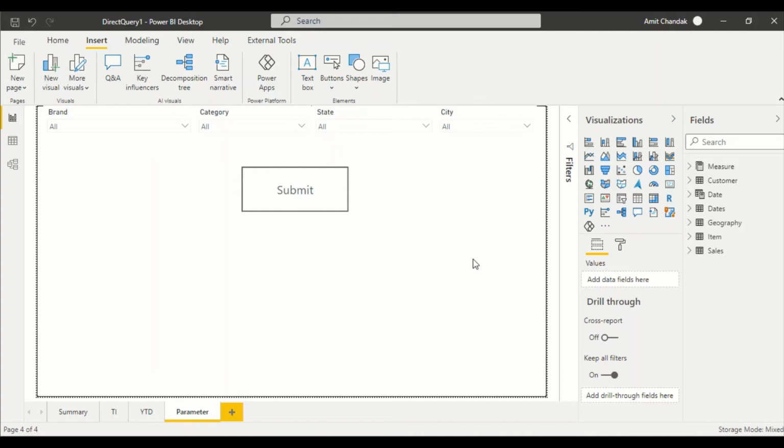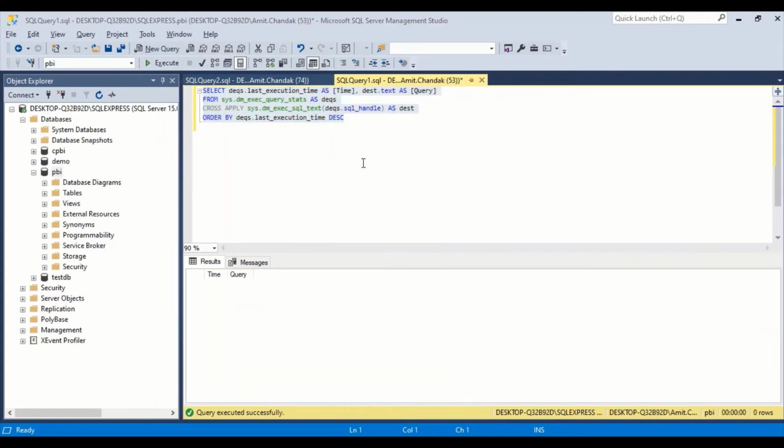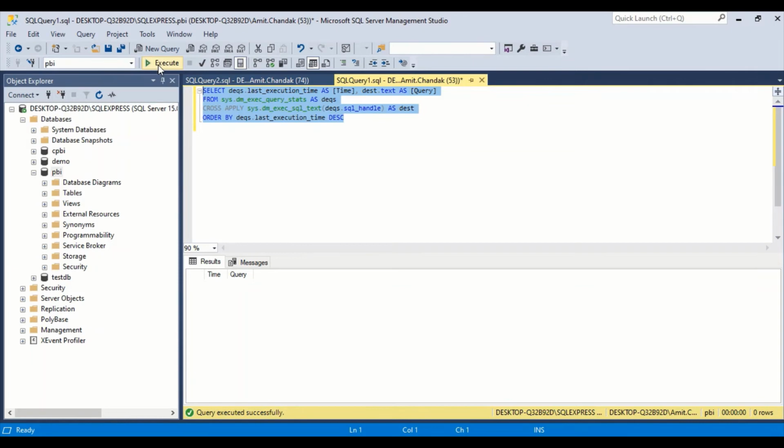The first thing we are interested in checking is, when I select these parameters, is that page refreshing at that time? Is there some impact on that page, or how many queries am I executing? So right now, 0 queries. Okay, that's a good situation for us. So we are going to select brand 1. We go here, execute, 0 queries.